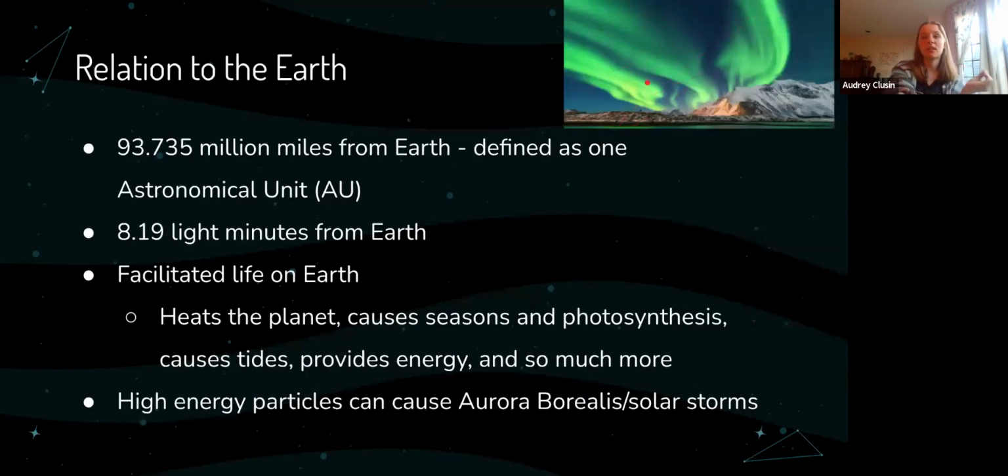They're highly energetic particles, and they can sometimes mess with electronics. So you might have heard something about this, like a solar storm, where you have to turn off all sorts of electricity, or else it'll get messed with, which can be really dangerous.